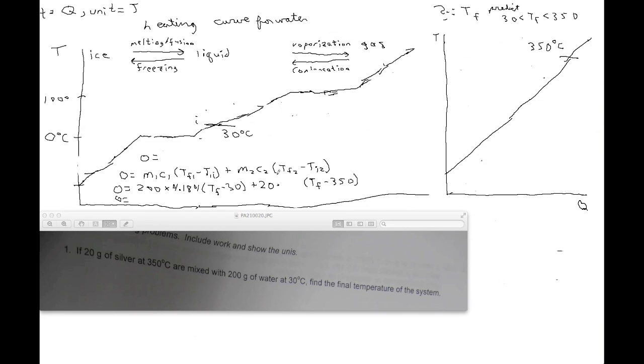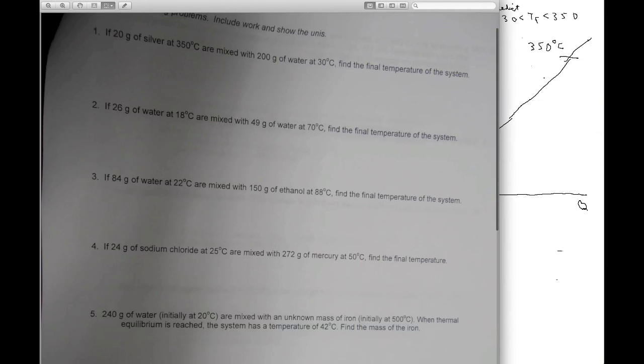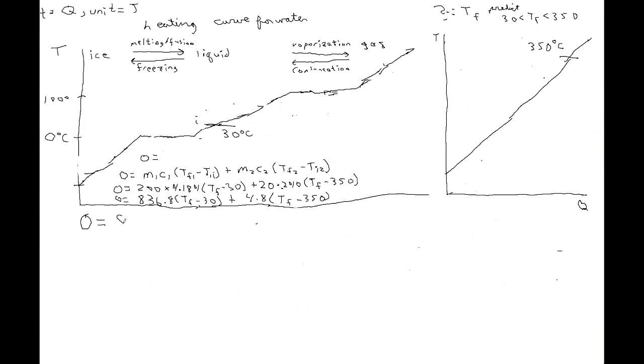So 0 is equal to 836.8 TF minus, not 2030. 836.8 times 30 is 25,000. So 836.8 TF minus 25,104 plus 0.240 TF minus 350 times 0.240, and that's equal to negative 7,084. Now we can combine like terms, so 0 is equal to